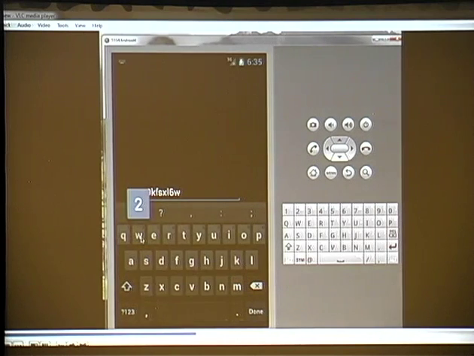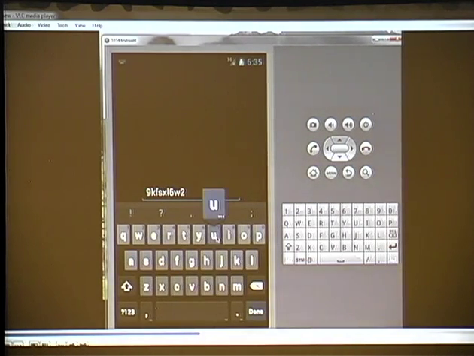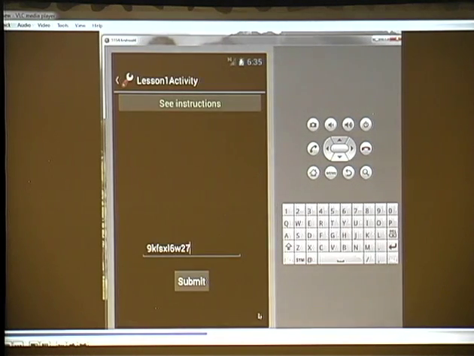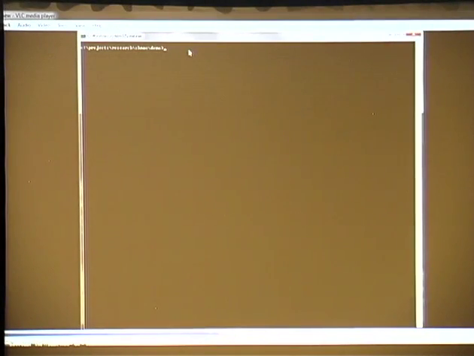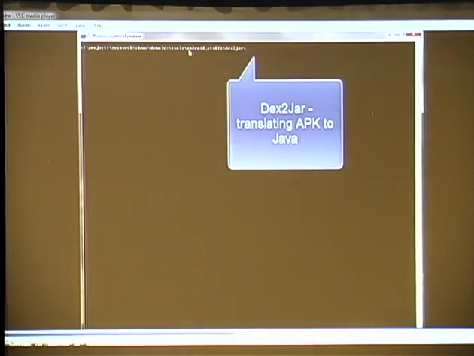All right. And like I said, an important thing that I want to mention here is that this is a really trivial lesson, and the other lessons are quite a bit harder. I think they go increasingly harder as you progress through the exercise. So this is just a quick overview of some of the tools that you may want to use as you're taking apart the application.